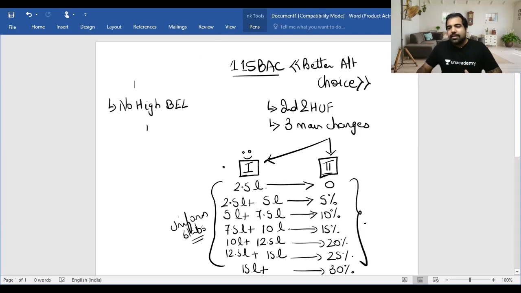So at both ends, guys, there's a lot of uniformity. So uniform slabs and uniform rates are really, really nice. Are they good? Yes. Both these things are excellent and very, very good. Both these things should make you really happy.